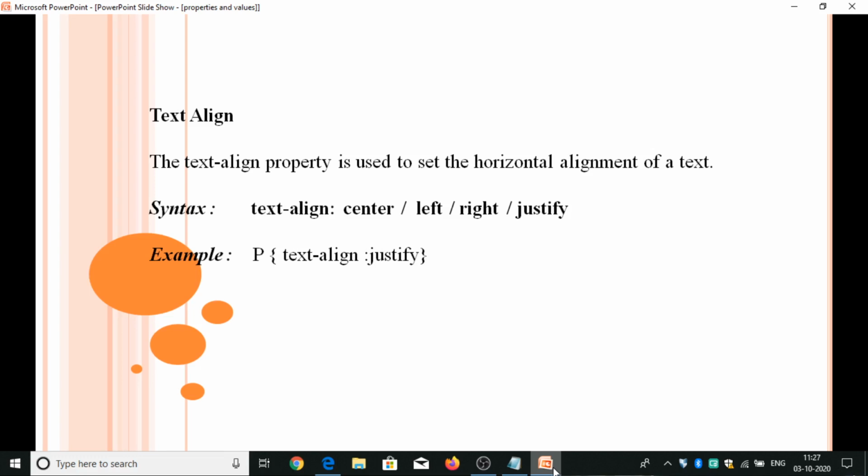A text can be left or right aligned, centered or justified. When the text-align property is set to justify, each line is stretched so that every line has equal width and the left and right margins are straight.